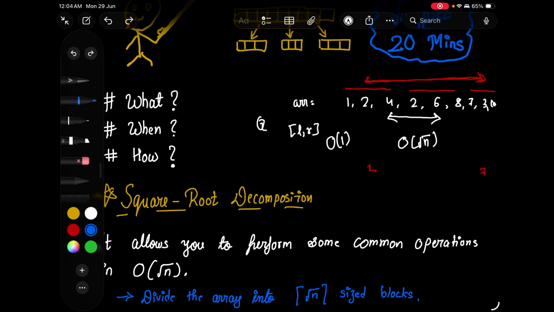Each block is of size root n. And how many blocks do we need? That is nothing but n divided by root n, because root n is the size of each block. And we studied in mathematics that n can be represented as root n into root n, so n divided by root n is root n. So the total number of blocks would be root n as well. The size of each block is root n, and the total number of blocks is root n as well. So as we are iterating on the blocks,